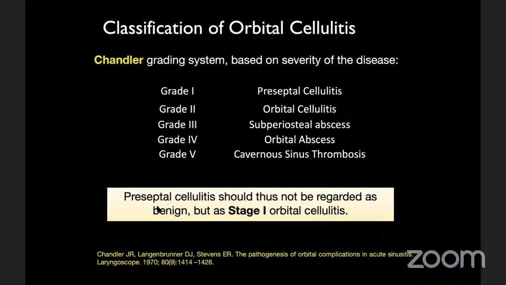So just to quickly recap, we already said that Chandler's grading system is based on the severity, from preseptal to orbital cellulitis, subperiosteal abscess, orbital abscess, and finally grade 5 where there is cavernous sinus thrombosis. Now, apart from this, there is also a Jane-Rubin classification,